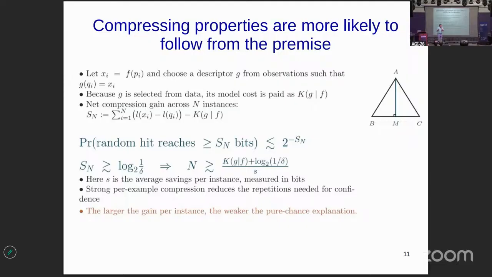In terms of algorithmic information, you will be able to compress the data a little bit. And that amount of compression, here the average number of bits that you can compress the data with, means that the number of samples you need to test your implication is going to be lower. The better you compress, the fewer samples you need to test your implication. So you can just use a compression criterion to come up with implication statements that are likely to be true.